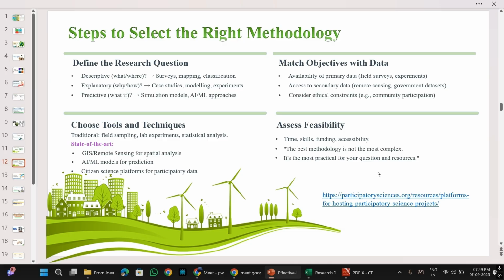But it is not necessary that the methodology has to be complex. It is more important that the methodology you use is going to yield relevant data, based on which you will then generalize your findings for the study that you did, right?